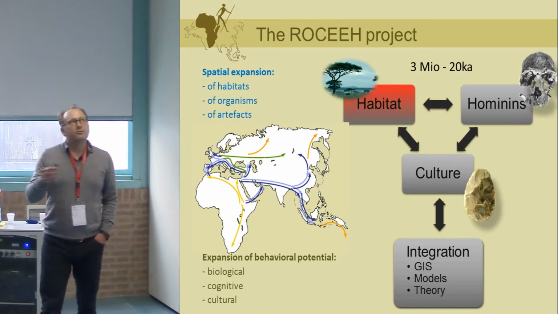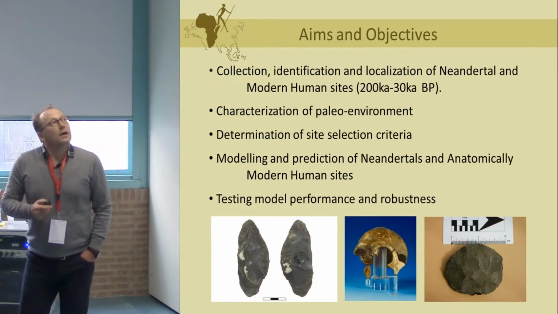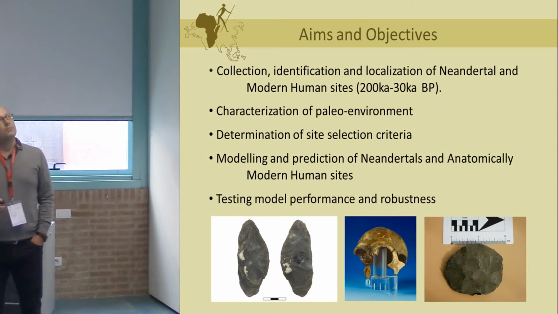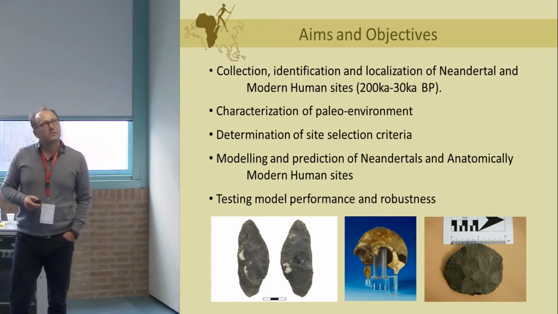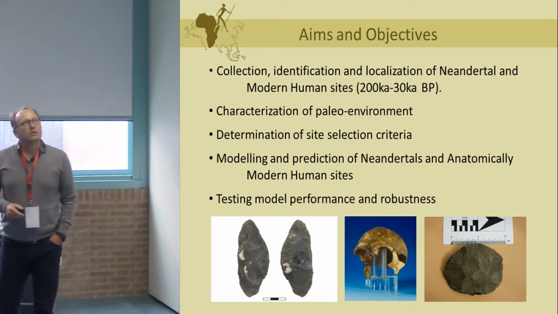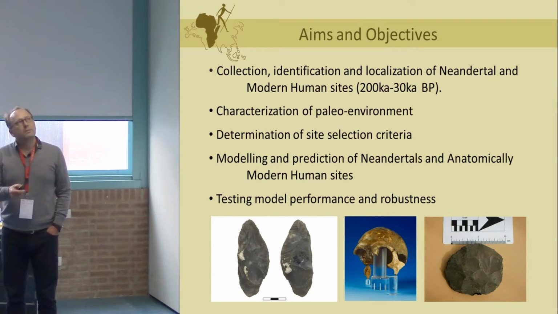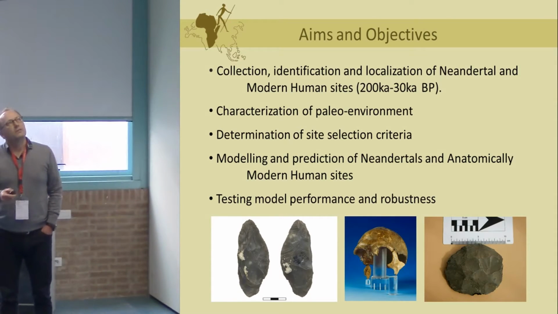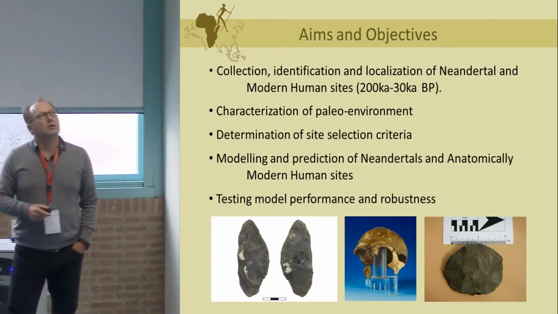Actually our time frame is around about 3 million BP to 20,000 BP, and the aim of this research is first of all the collection, identification and localization of Neanderthal and anatomical modern human sites. In this case we want to focus on a time frame of about 200,000 BP to 30,000 BP. With the approach, we want to characterize the paleo environment, and what we want to get out of it is the site selection criteria of these early hominins, so of the Neanderthals and the anatomical modern humans,